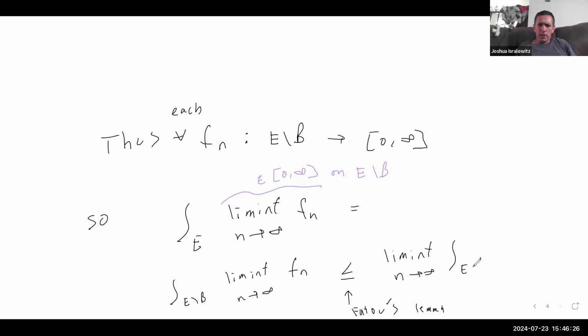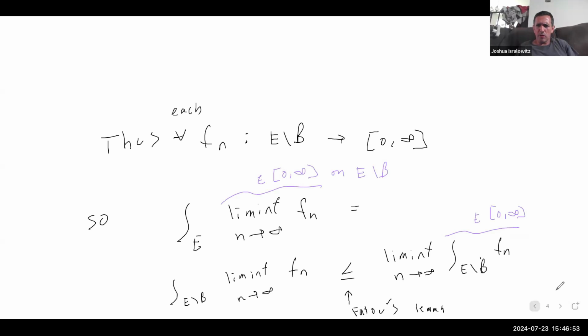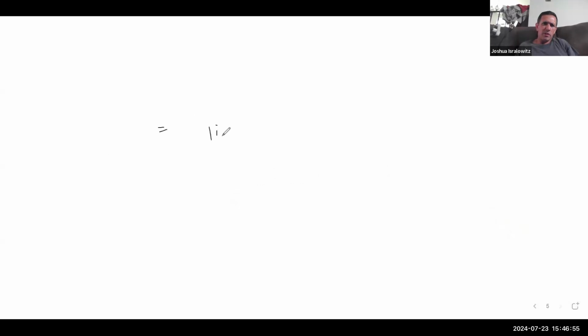And this certainly exists because each one of these is non-negative. And again, because B has measure zero, we excise the set of measure zero, and this equals